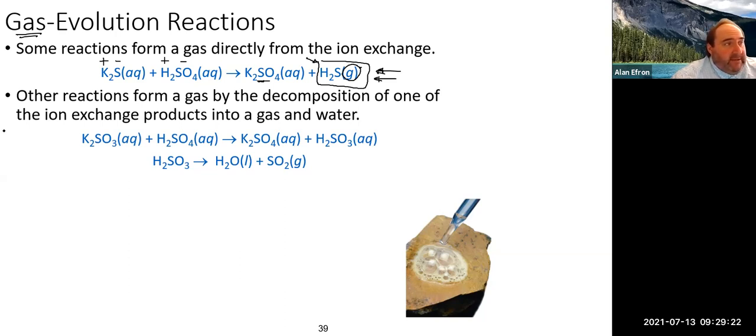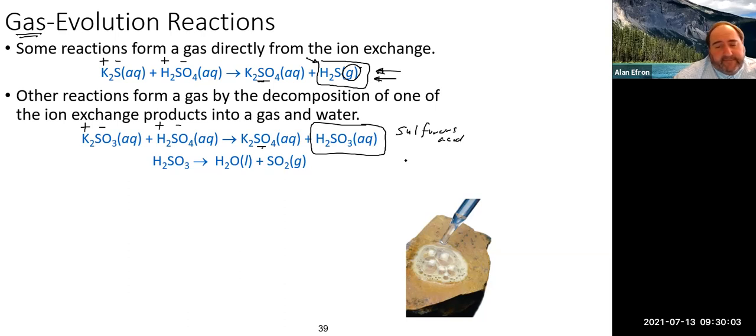It's a result of the double displacement reaction happening, followed by a decomposition reaction, which is another type of reaction. So here, if we look at potassium sulfite, a positive negative guy, with our sulfuric acid, again potassium and sulfate come together, and H plus and sulfite come together to make this guy. And this guy right here is not a gas. That is H2SO3 with the aqueous symbol. Sulfite becomes